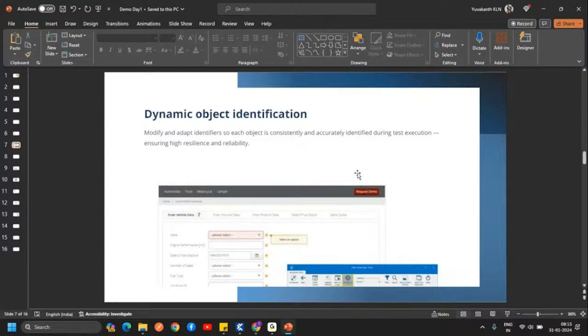In that, I'll cover how you can identify the properties on the web application with the help of dynamic methods. Not only with XPath, or only with the properties that a particular element has on the web page, there are also dynamic methods where you can identify the particular property on Tosca.